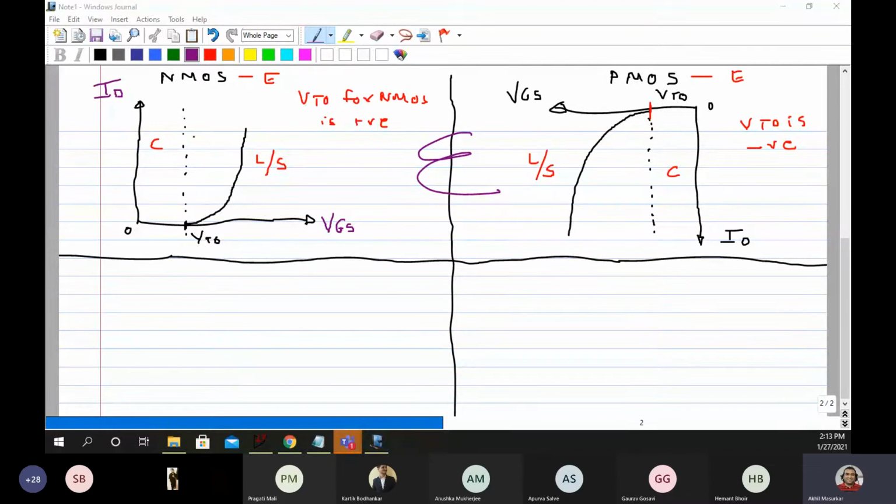Now, when we are doing an experiment, we should know what we are going to get, whether it is going to be right, wrong, or what. So we should have a prior estimate of it. Now, when it comes to NMOS depletion type, the characteristics would be somewhat like this.